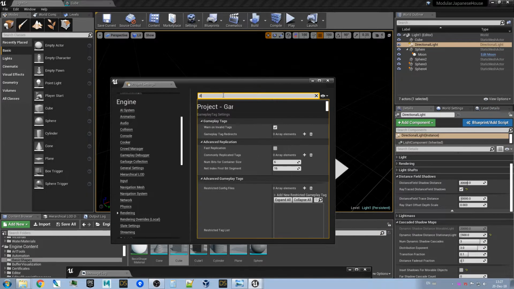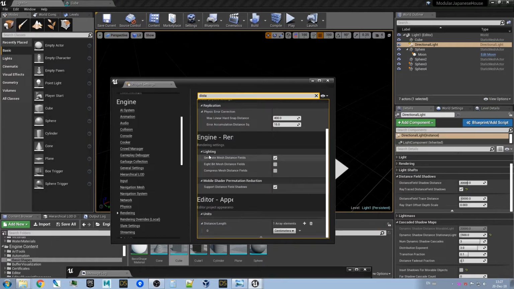Okay, yeah, engine rendering, lighting, generate mesh distance field. You have to check it. By default it's not checked, and when you check it you have to restart the engine, and then it will